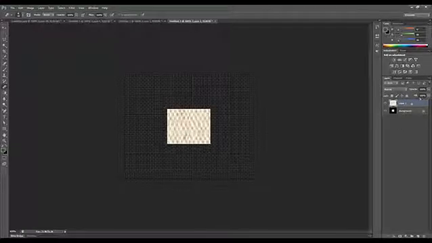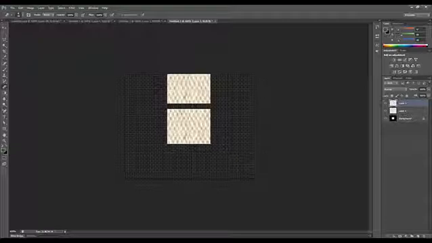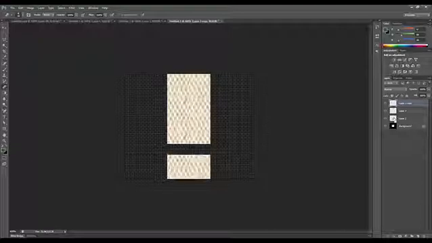Okay, let's find out. So, Alt copy, and I'm going to paste that. And then I'm just going to move it up by 1, 2, 3, 4, 5, 6, there we go. And then I'm going to do it again, all the way down to the bottom, like that.